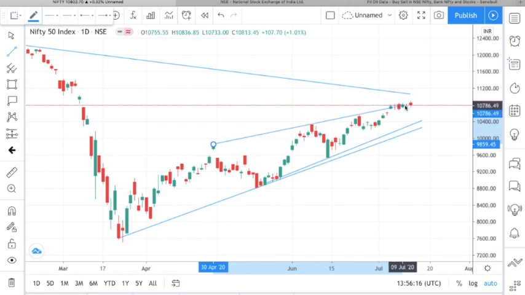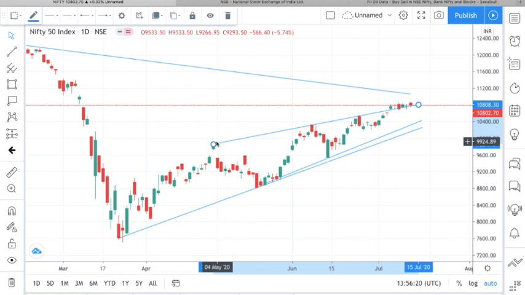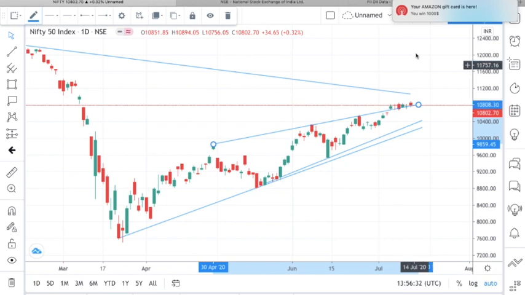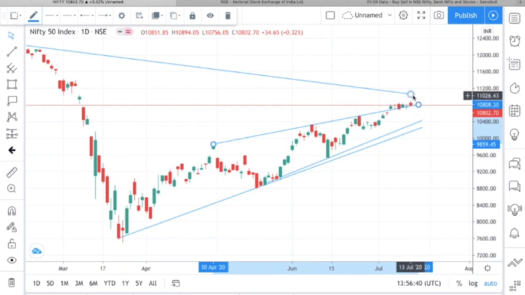So you notice something very interesting. This resistance line has now become a support because over the last 4 days we've seen a breakout over this range, and the support is precisely at close to 10,790. So what that tells you is that if Nifty consistently stays above this range, we can expect it to go right up till 11,026 over a period of time.